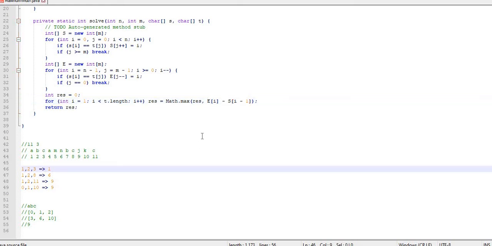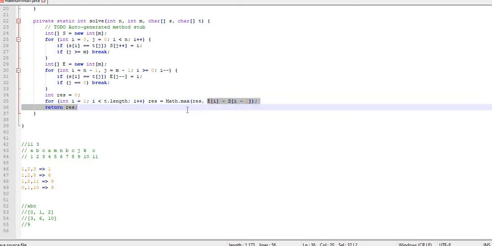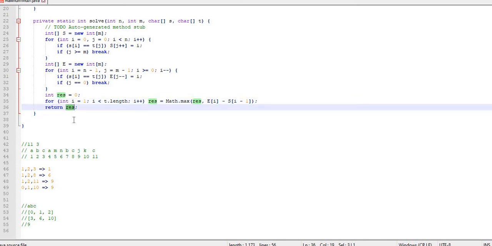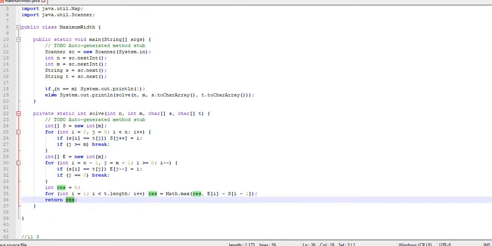That way I get my result as the max, and finally I return the result, which I print as the output.